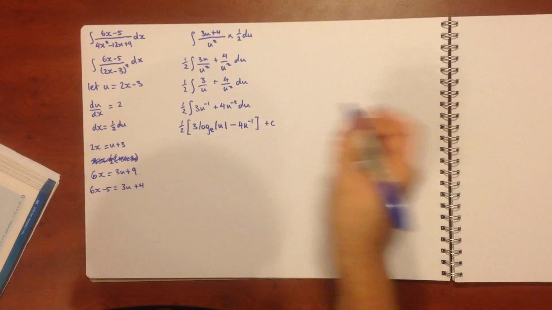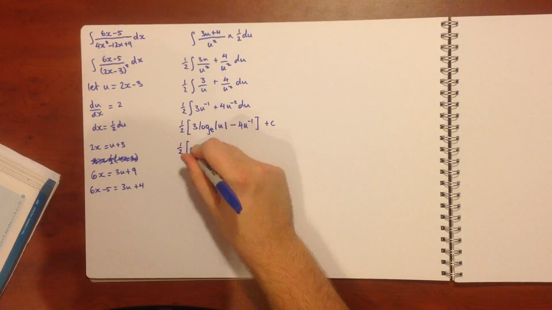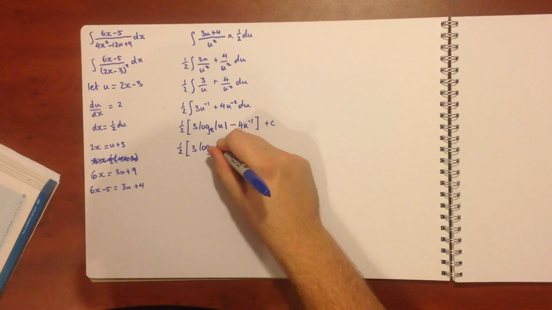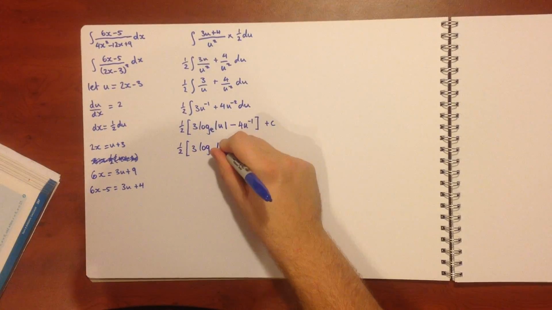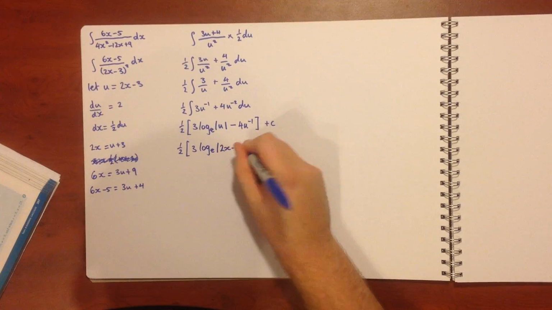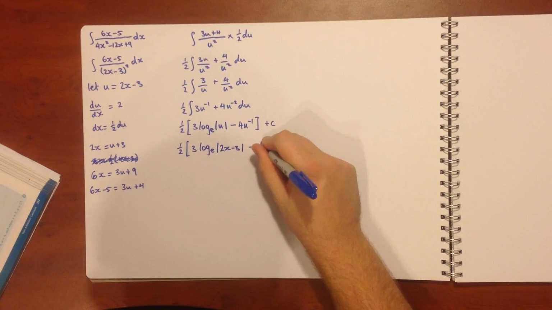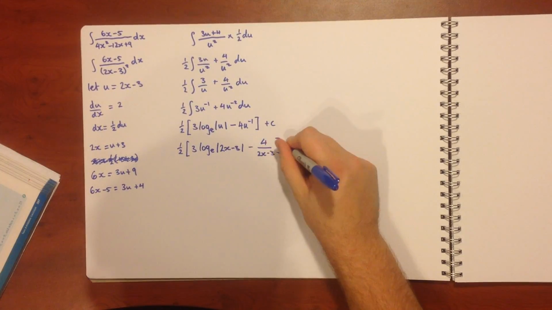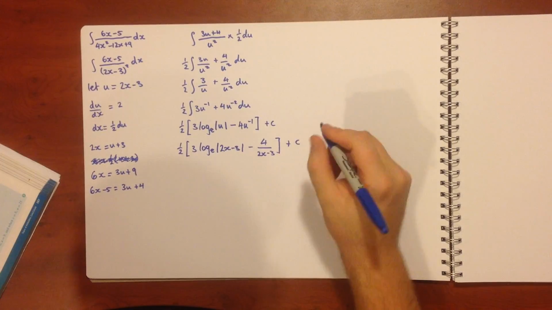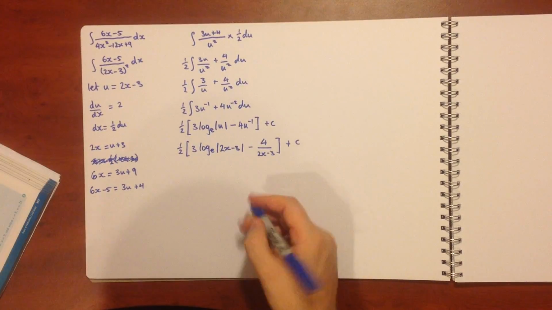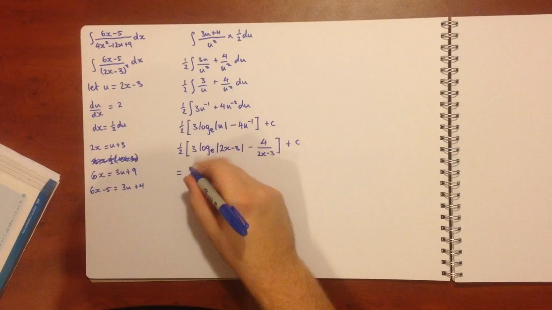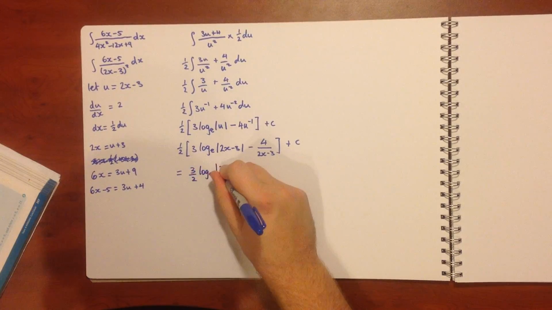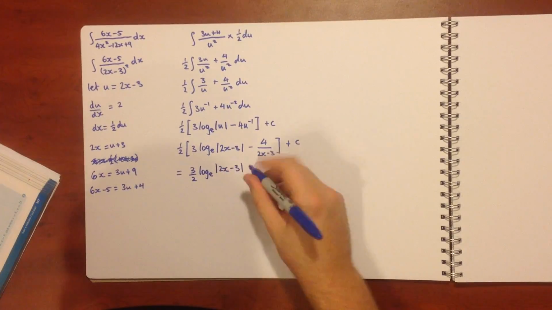So we can make that look a little nicer. We've got our half outside of our 3 log to the base e. Now we know that u is our 2x minus 3. Take 4 over 2x minus 3, plus our c. So we can just run our half through now and say that's going to equal 3 on 2 log to the base e of the modulus of 2x take 3 minus,